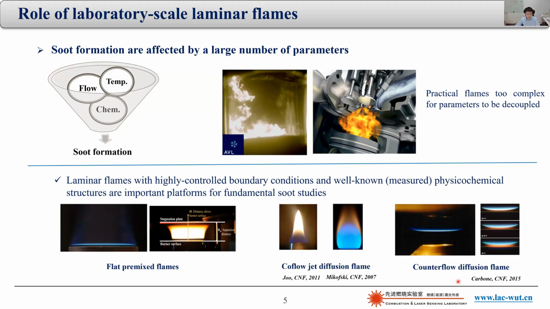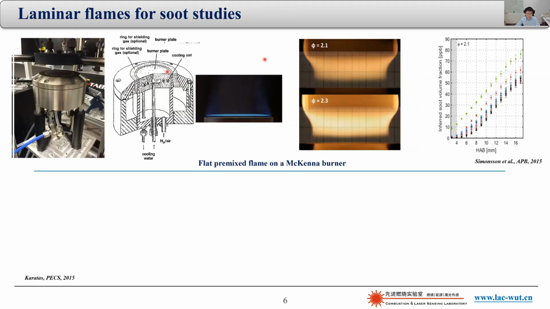Here it just shows flat premix flames stabilized on a commercial mechanical burner. So when you run the fuel rich, you can have a sooting premix flame. The flow field and the flame structure are very simple and easy to analyze. However, the major drawback of this type of flame has to do with the fact that many practical soot emitting devices actually rely on turbulent